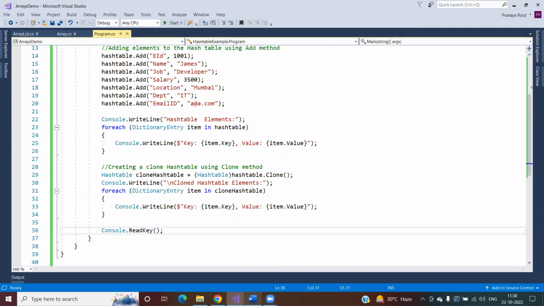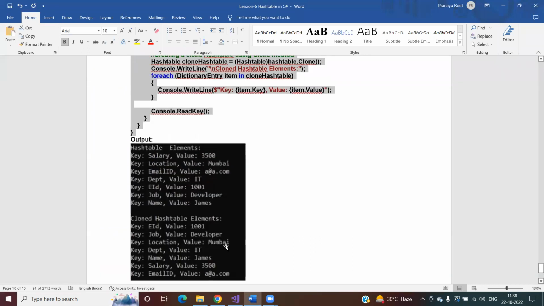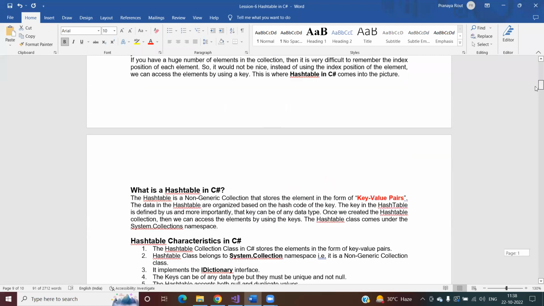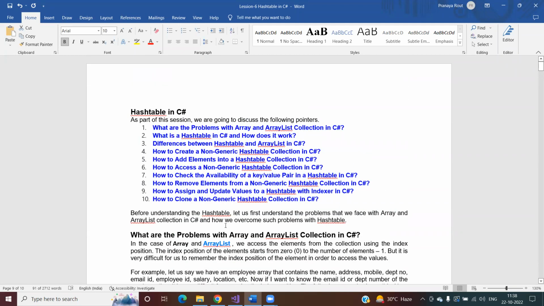Yes, clear. Right? And then, yeah, that's it. So we have discussed how to create, how to add, how to remove, how to clone. So we have discussed how to create a non-generic collection, right? How to add elements using the add method, using the collection initializer, and using the indexer. How to access a non-generic collection, we have shown you using the indexer and using the for each loop, and